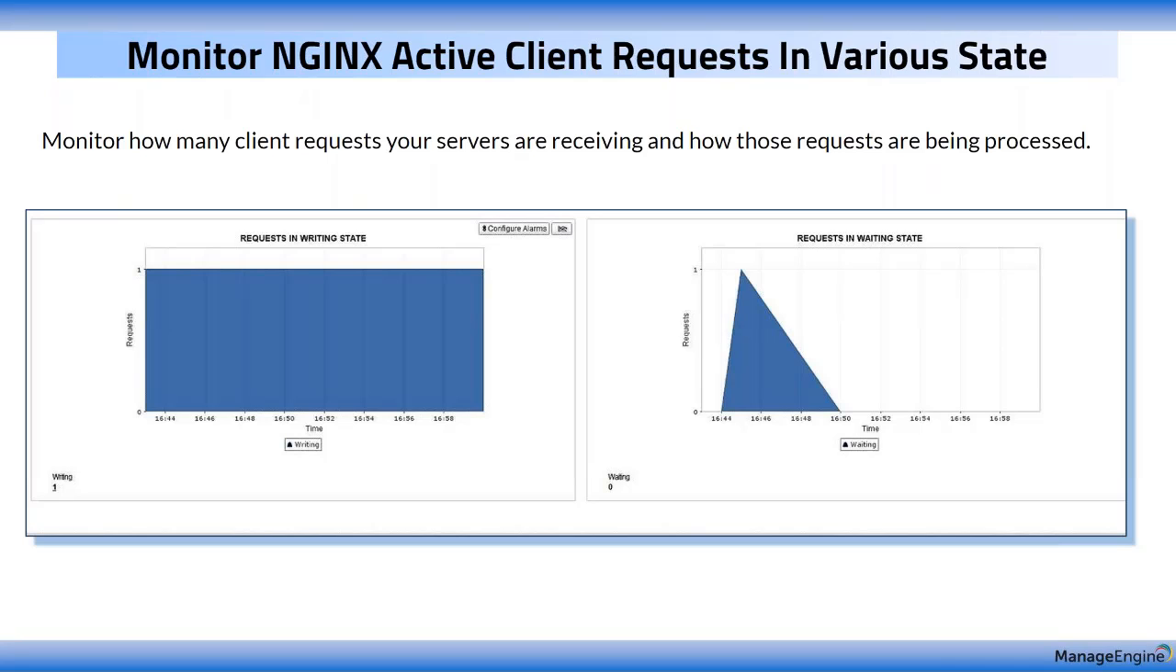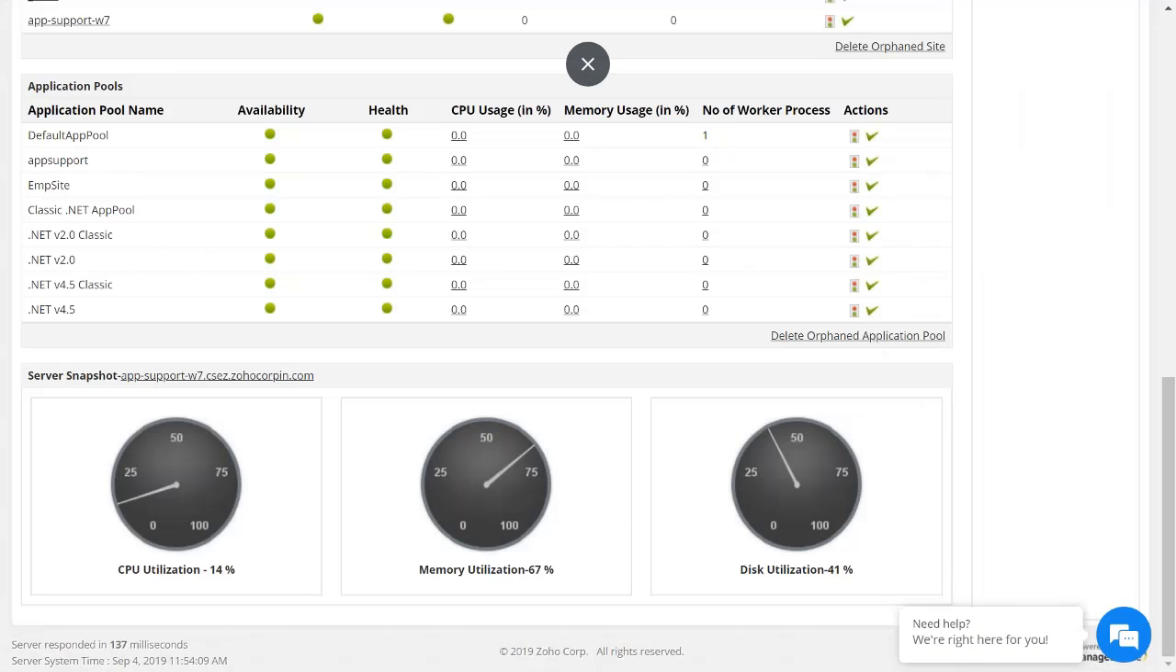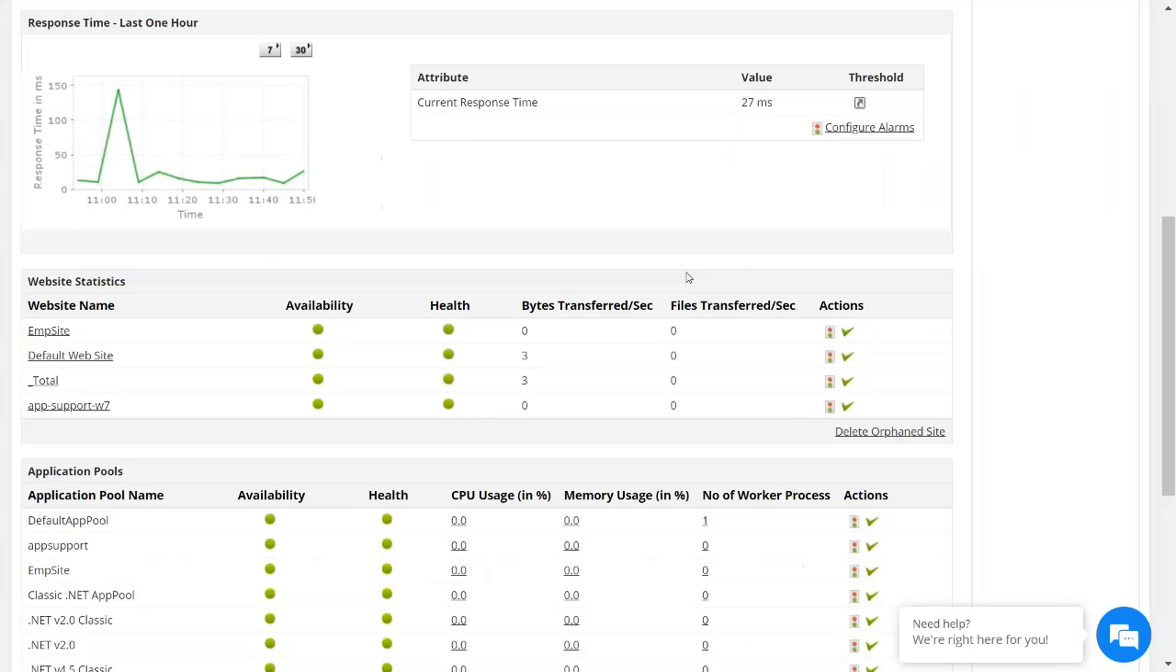So let's see how you can monitor the requests in writing state and requests in waiting state. Let me take you back to the product UI and we will discuss about this. So we are in the product UI. So let me choose the monitors category, Nginx,